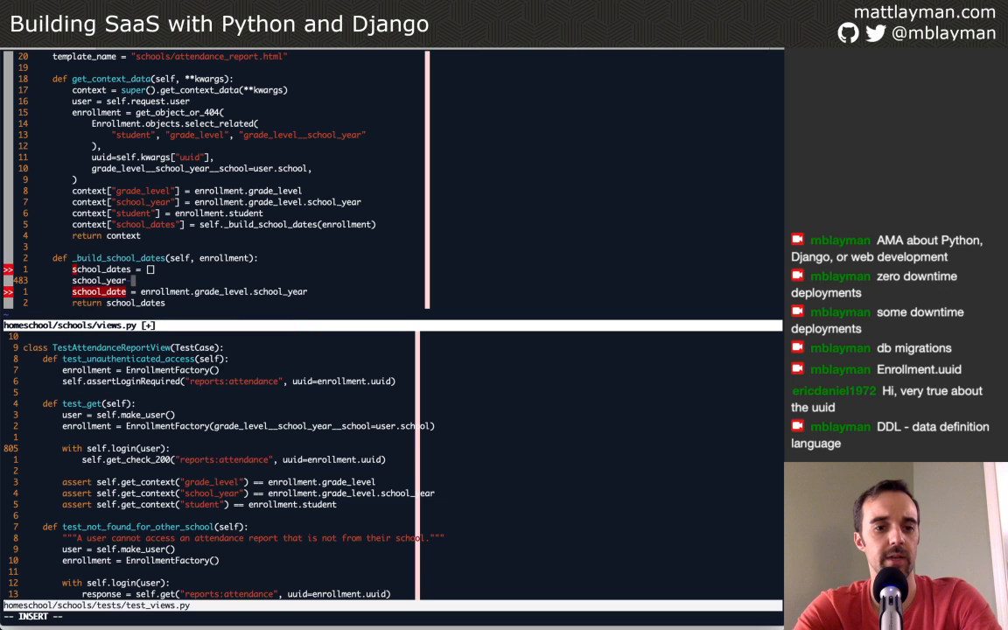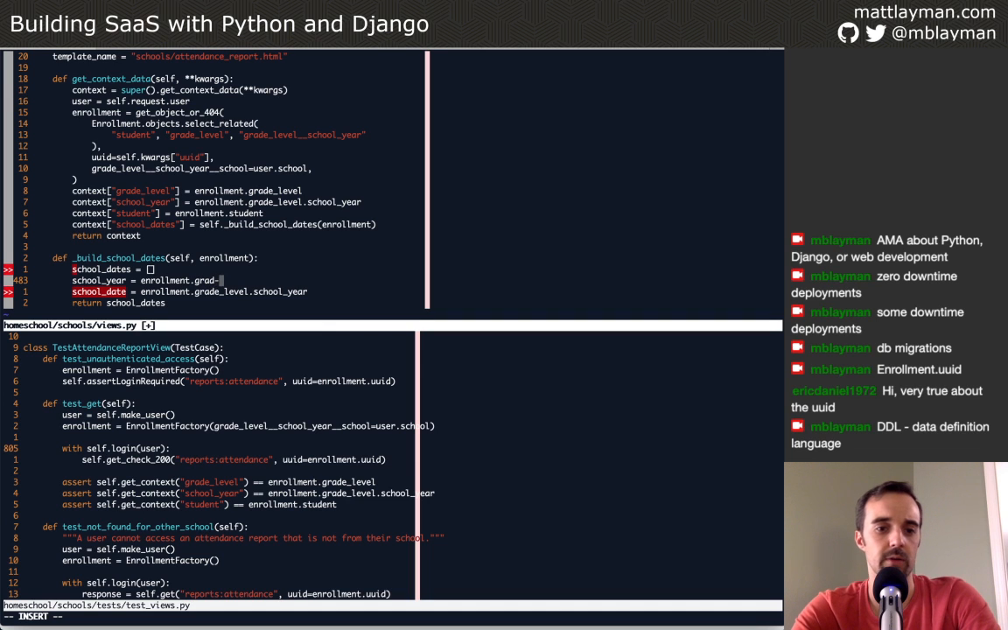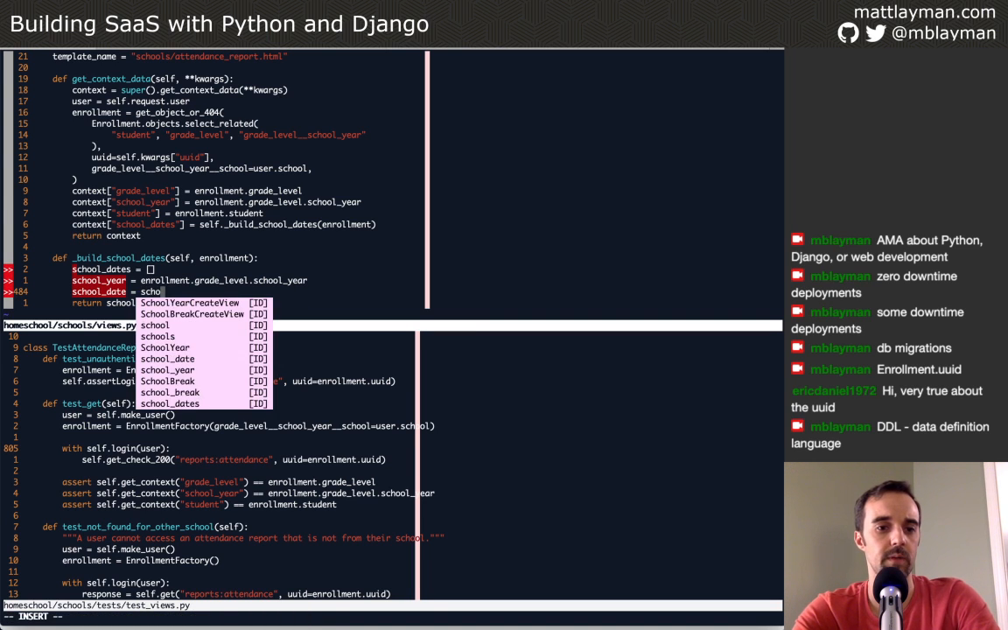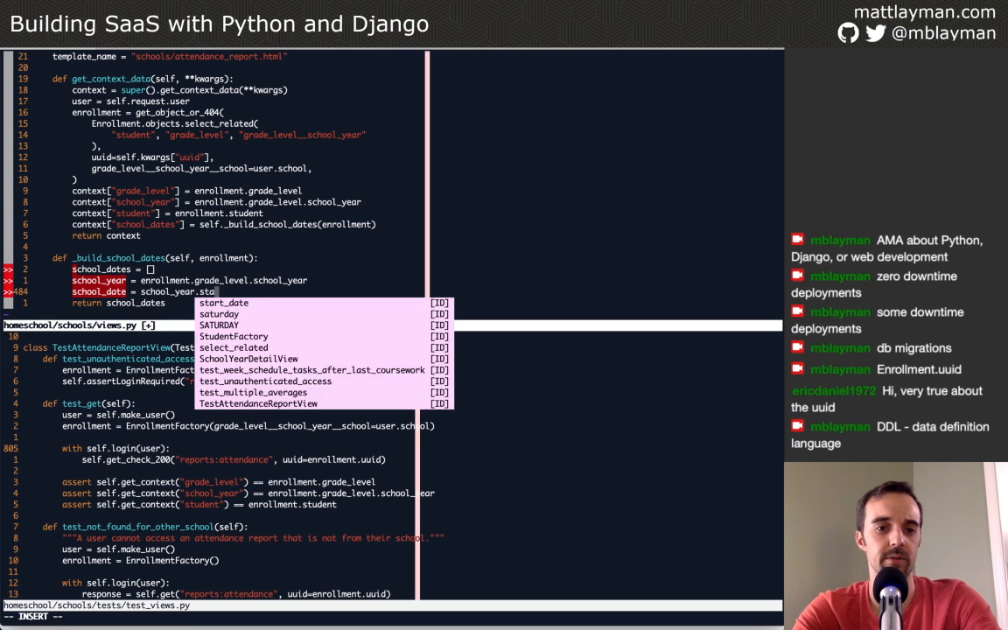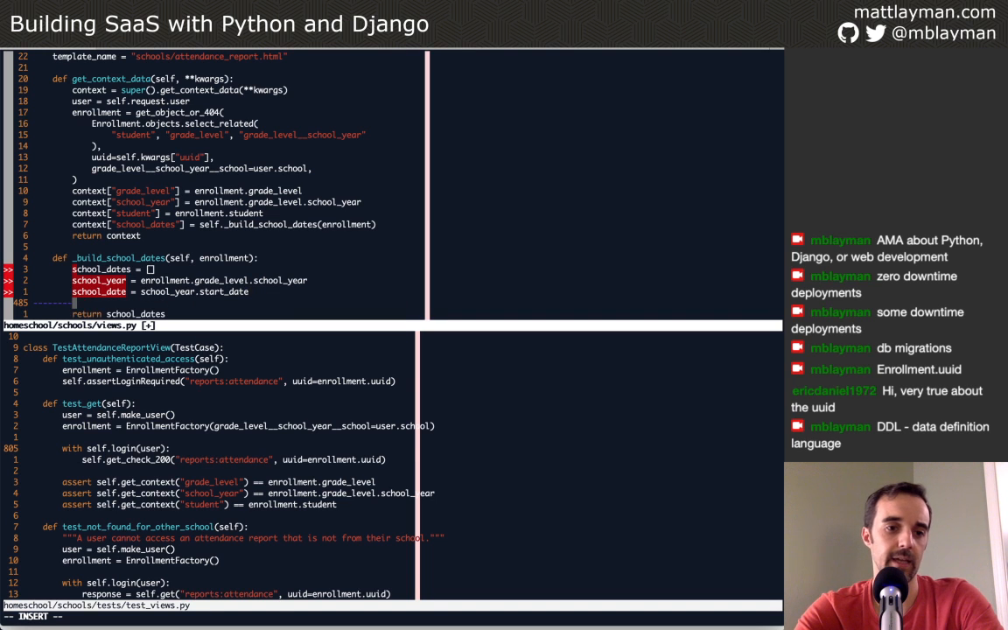So let's go ahead and put the school year in a local variable. So enrollment, grade level, school year, and then we'll say school year dot start date is the first thing that we want, and that is an actual date instance. And then we will do